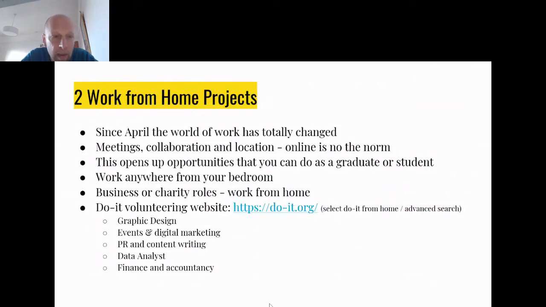Meetings, the way that we collaborate with one another at work, it's all switched to online as the norm, yeah? And what that has meant in terms of the positive side of it is it has opened up opportunities to you guys as students or graduates that you maybe couldn't do previously because of where you're based and because of the restrictions on your time due to being a student or having another part-time job to earn some money. So the fact that you can do an awful lot of work from home and be more flexible at times to suit you has the potential to open up opportunities which didn't actually exist before the pandemic.